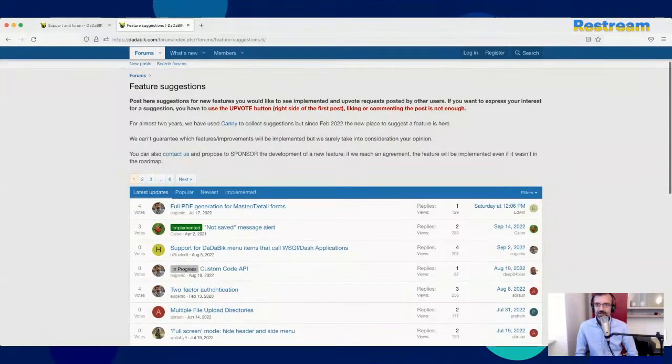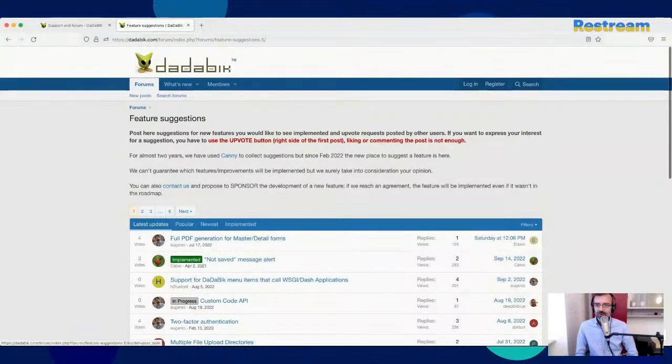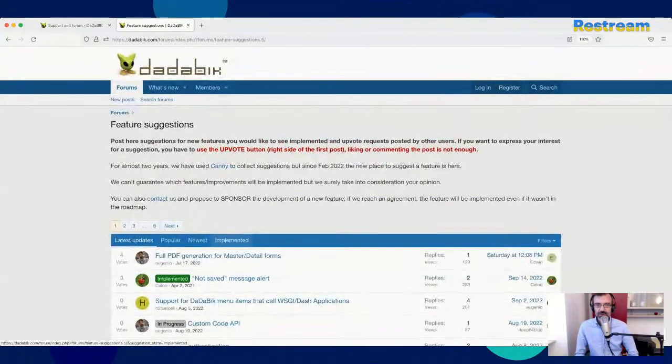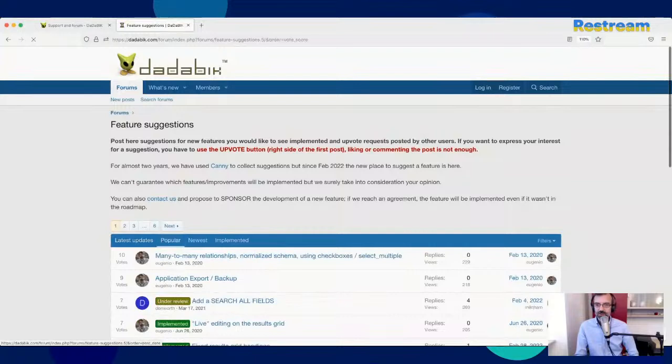Feature suggestions forum. Maybe I can zoom in like this. Probably you can see better. Okay, and I will sort by popularity. Let me check if everything is working correctly here. I see there is some latency. Okay. Now you see my screen correctly updated.